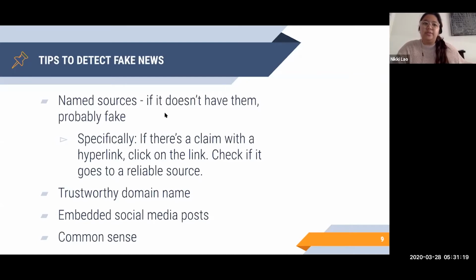because credible, reputable websites and news sources will link their sources. It's like in any academic setting: if you're going to make an argument, or say something that's not common knowledge, you have to cite it so people can see where you got that information. It's the same concept here. Specifically, if there's a claim with a hyperlink, which is when text in the news article is highlighted or in a different color and underlined, click on the link and check if it goes to a reliable source, which I'll mention later. Just click on it to see, like in an academic setting, where they got that information from,